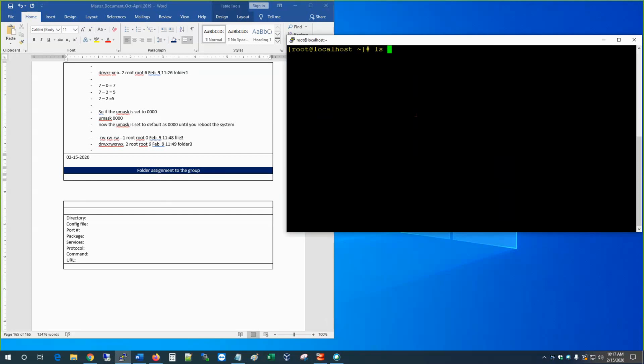So I have nothing here, so I'm going to create a folder, mkdir /data, okay? So if I do ls -l,